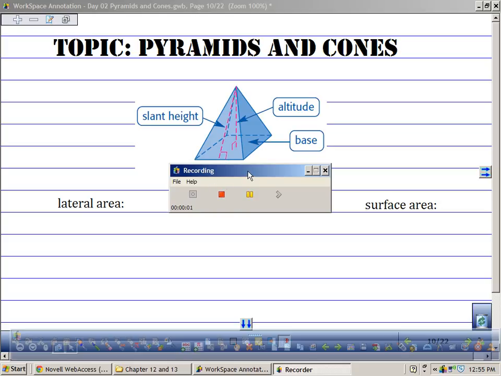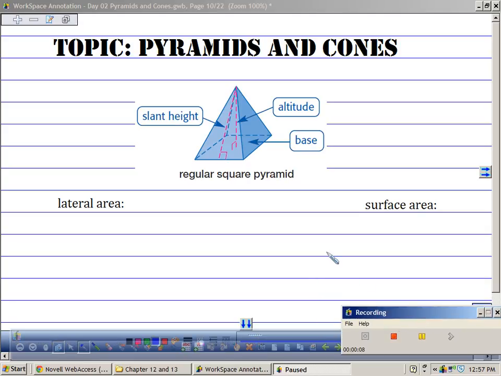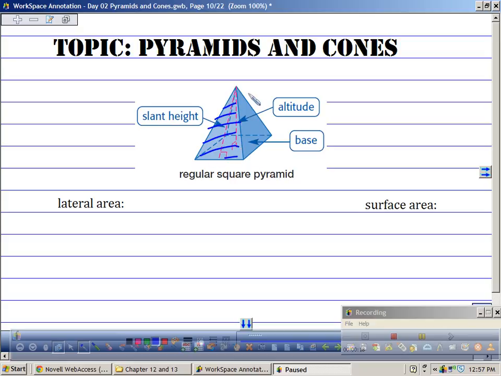All right, so today we're going to talk about pyramids and cones. So why don't we go ahead and write these down. All right, so let's talk about the lateral area of this figure. The lateral area is talking about the sides of this pyramid. How many sides of this pyramid are there? There are 4. So the lateral area is 4